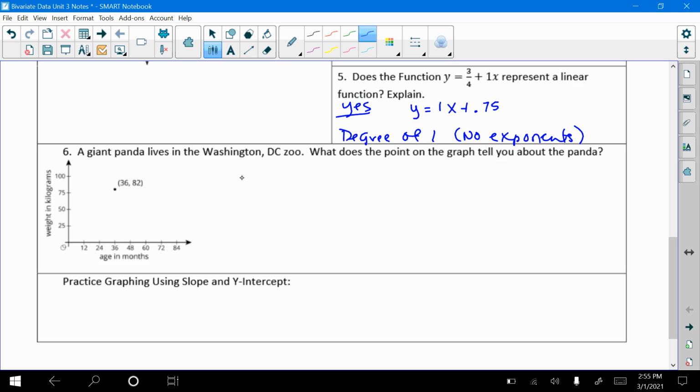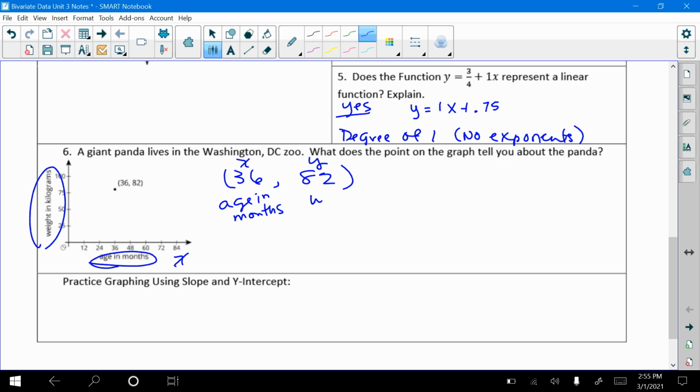Well, here's the point, 36, 82. We really have to look at our axes, the labels that are on those axes. So on the x-axis, because this is your x value and then your y value, on the x, it's age in months. And the y value here is the weight in kilograms. So if I know at age, when, and how much, so at 36 months,